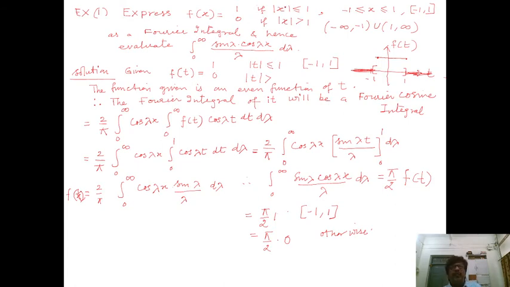So we have expressed this function f of x in the form of a Fourier integral, and as the function given was an even function, we have used the Fourier cosine integral formula. This can also be solved by the Fourier integral formula, but that is a little difficult. So this is quite easy compared to that. Very simple integral. We shall solve one more example based on this.